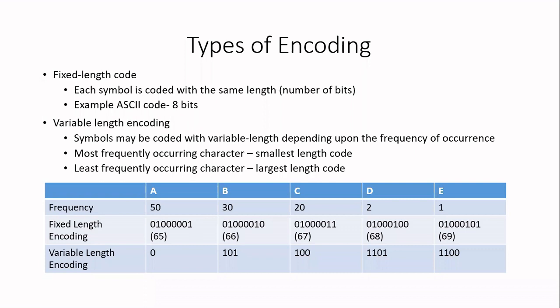So if you want to represent a certain number of characters, first you have to decide how many bits you need to represent the characters. It depends upon the total number of characters you want to encode. Suppose I want to encode a maximum of 256 characters, 2 power 8 is equal to 256, so I'll be generating 8 bits to represent the characters. Suppose I want to represent a maximum of 1000 characters, you need to go for 10 bits because 2 power 10 is equal to 1024. If you select 9 bits, you may not be able to generate 1000 different characters. So the number of bits you are choosing depends upon the maximum number of characters you want to encode.